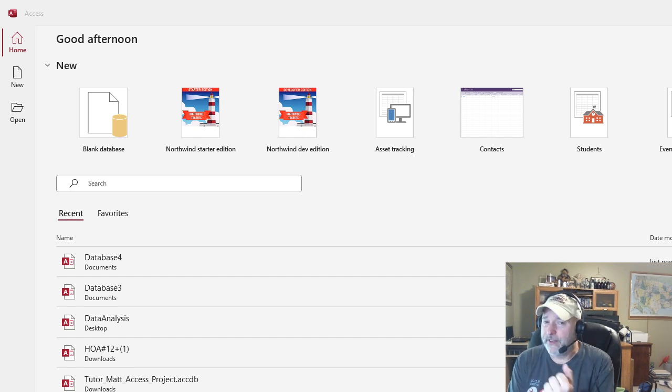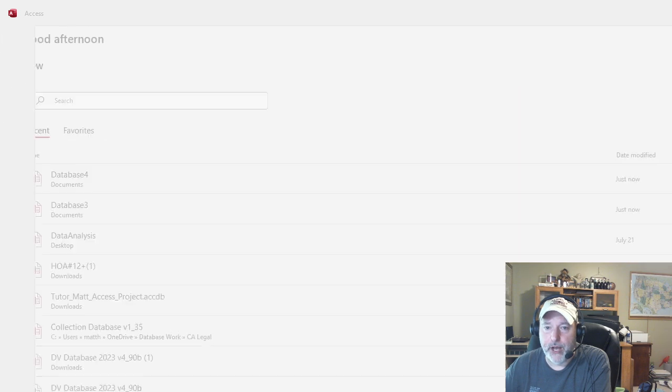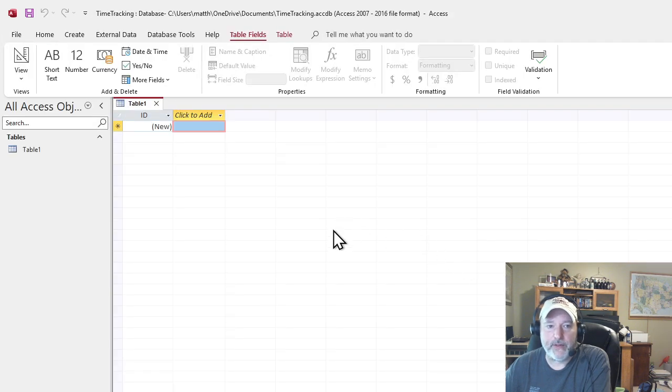This is different than Excel, where you can just kind of open up a spreadsheet, mess around, and close it. Access, you've got to have a database ready to go. So I'm going to create a database. I'm going to call it time tracking, and I'm going to create the database and store it. Now that I'm in Access, you see here that it's defined with